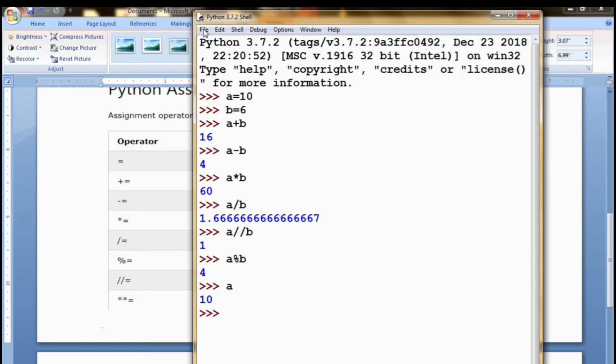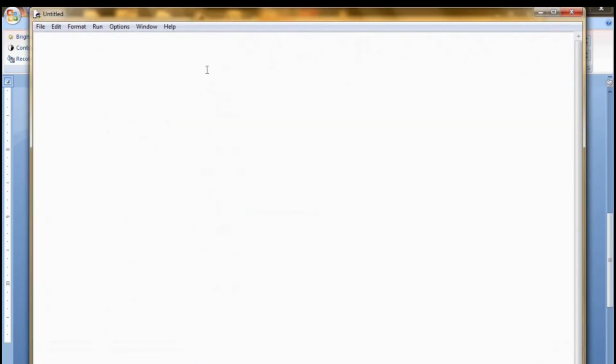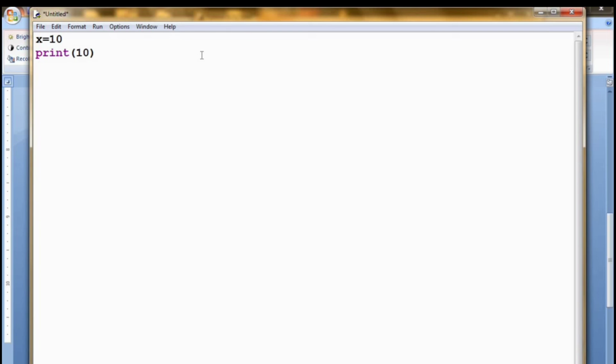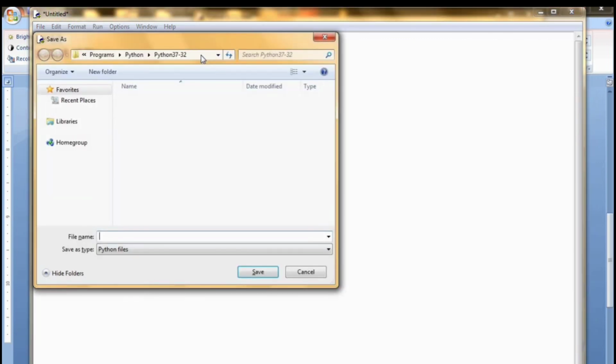While we are coding in a new file, we have to use the print function, and we have to save the program before running also. So for example, x is equal to 10 and I am printing the value of x. Now I have to save the program before running.